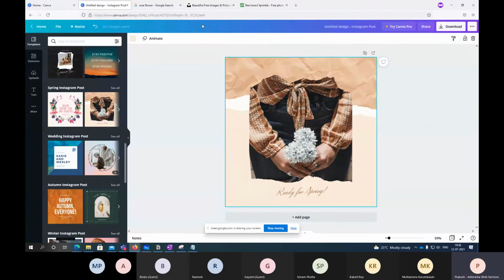Okay, so this is the difference between the free account and the paid account, right? In the free account, you have a limitation, but if you want to practice, it is more than sufficient, right? You can create an Instagram post, Facebook post, etc. So you guys practice it and see how it is helping. Then we can see at the next level how we can make it in a slightly more advanced way.